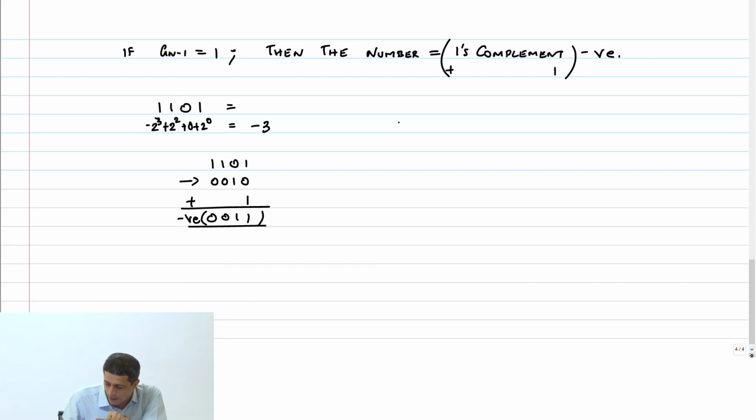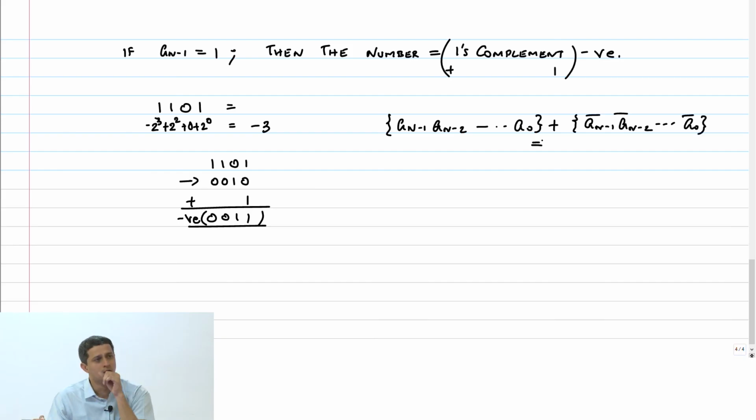If I take my n-bit number, which is in 2's complement form, a_{n-1}, a_{n-2}, all the way to a_0, and I just add it with a_{n-1} bar, a_{n-2} bar, all the way to a_0 bar, what will this be equal to? 1, 1, 1, 1, 1. Every bit I am adding with its complement, correct? So there can be no carry, because if this is 1, that will be 0, and if this is 0, that will be 1.